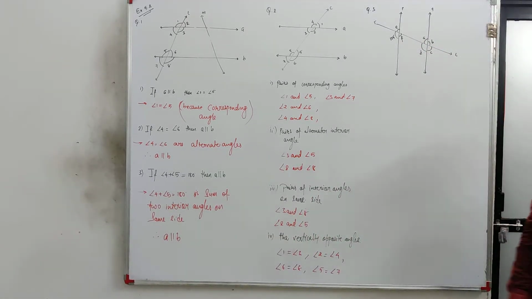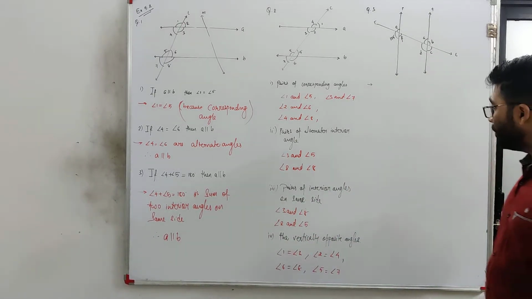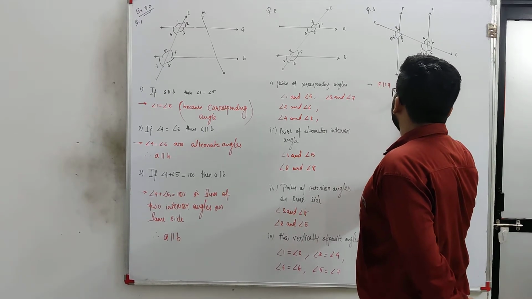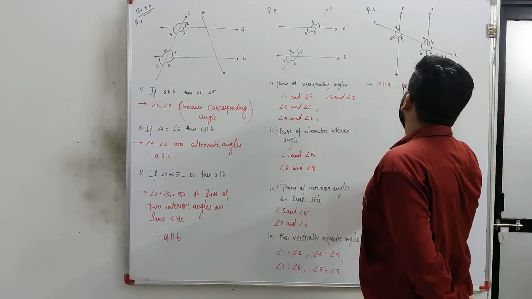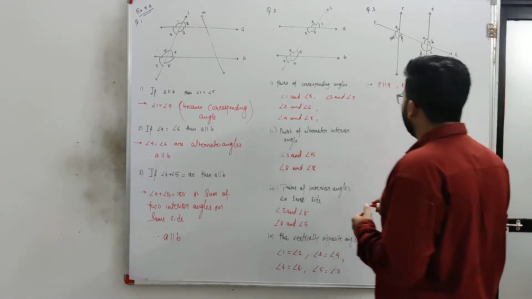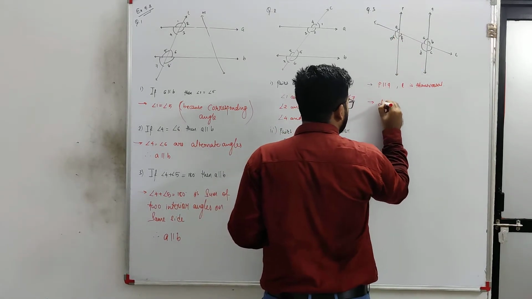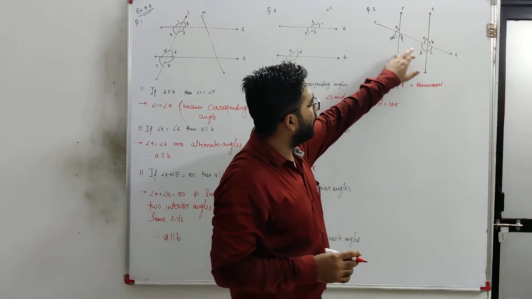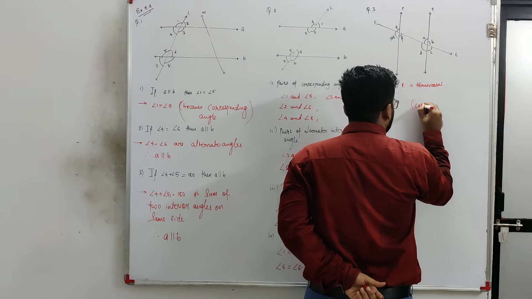In our question it is given that P is parallel to Q and L is the transversal. I need to find all the angles. Let me see how to find them one by one. Here we can say that angle 125 is equal to D. D is equal to 125 degrees. Why is D 125 degrees? As you have seen, there is the relation of corresponding angles. So here I am writing the reason: corresponding angles.